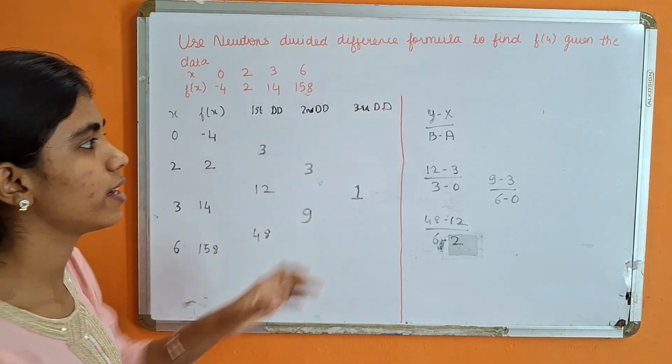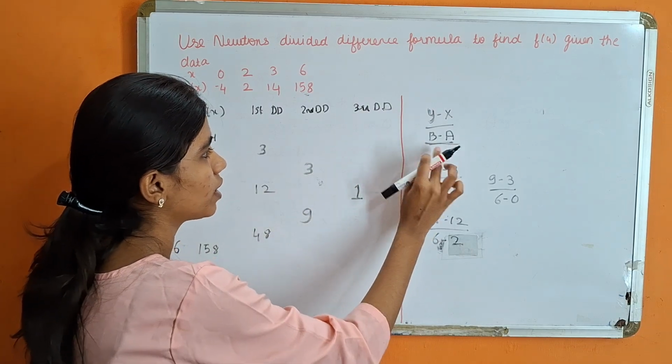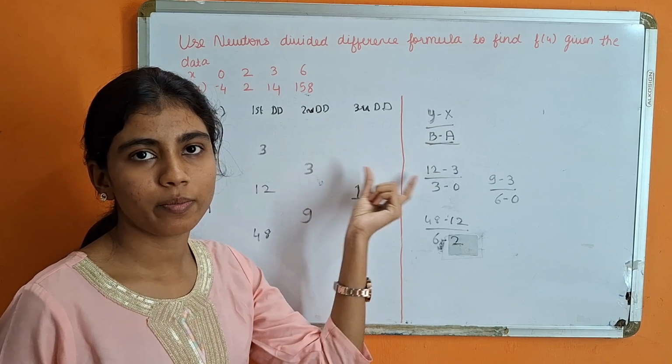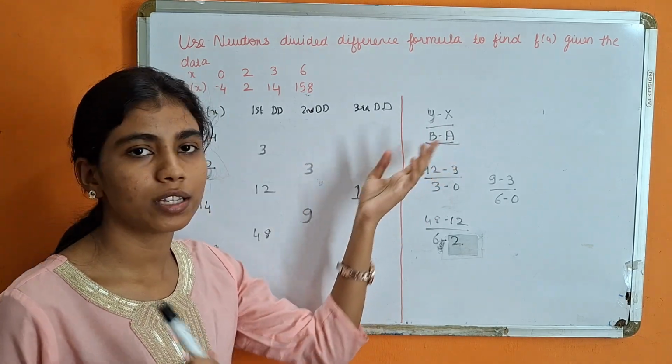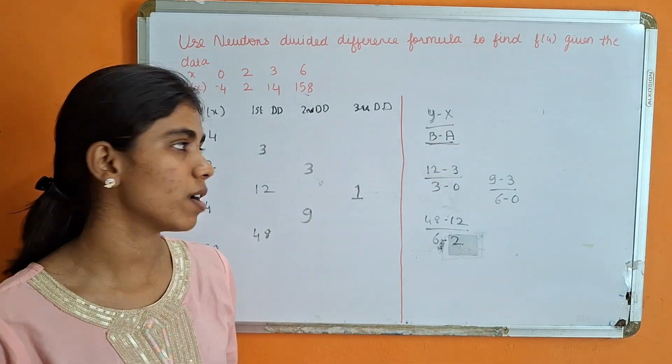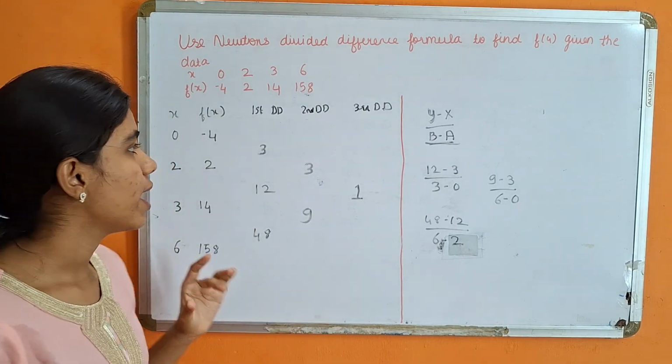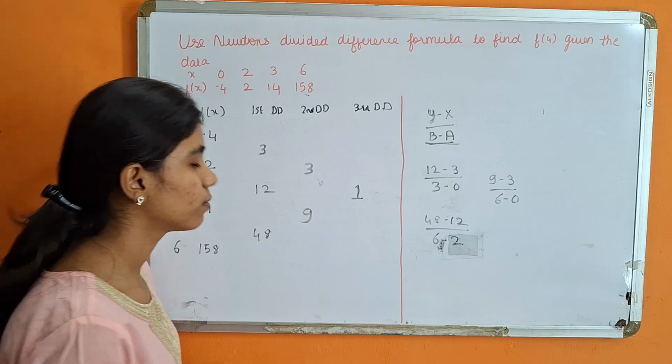I hope how to find this table is clear. You can put this expression in your calculator. It's easy, you just put the y value, x value, b value and a value. If you put this expression in the calculator, it makes your work much easier. But how you have to take these values, I hope it is clear. And now we will go to the next part.